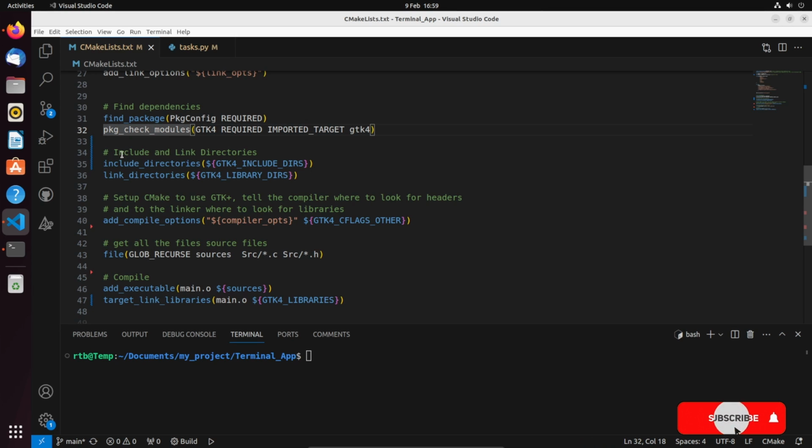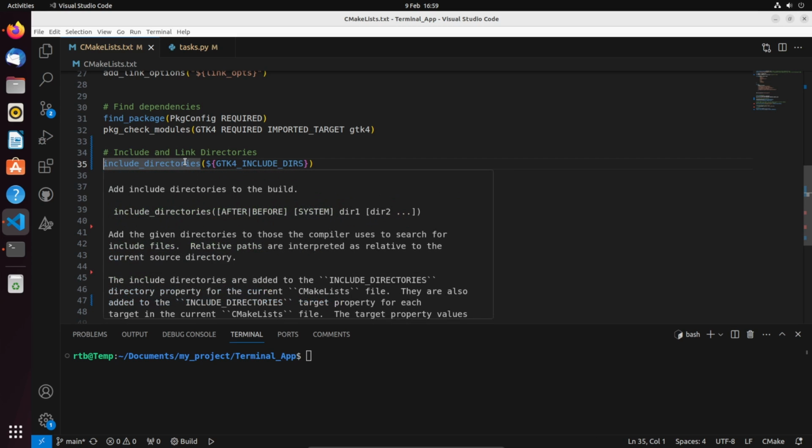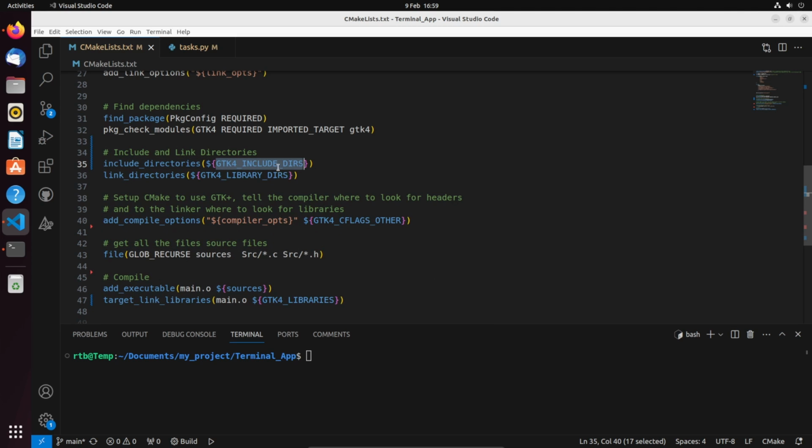Once that's done, then we can include and link the directories. These constants, I don't know where these come from, to be quite honest. These constants include directories. You include the GTK4 directories, link the library, so you link the library directories, and then you can add this compiler flags other as well. This just adds extra compiler flags for the GTK setup, and then this is just me including my source files into this